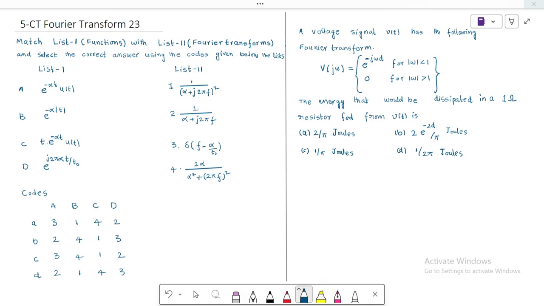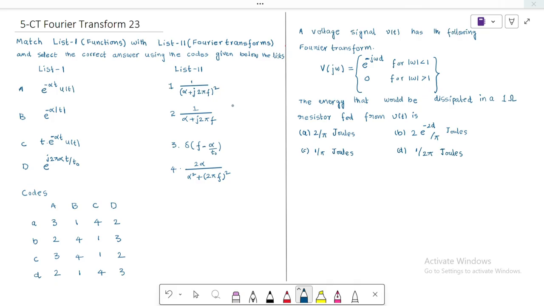Now we are in the fifth chapter, that is continuous time Fourier transform. So this is the seventh video. In previous videos, we have discussed some basic problems. So in this video,